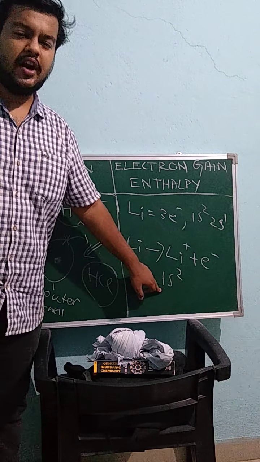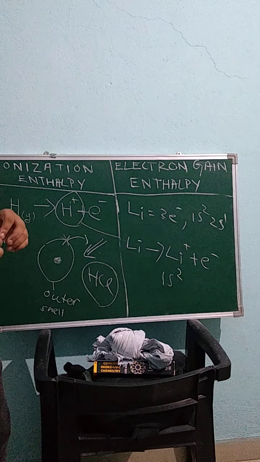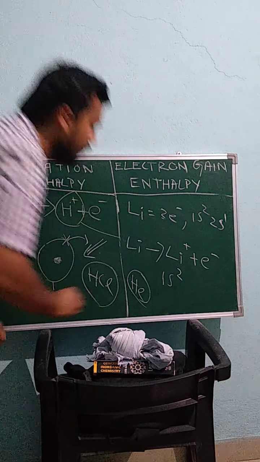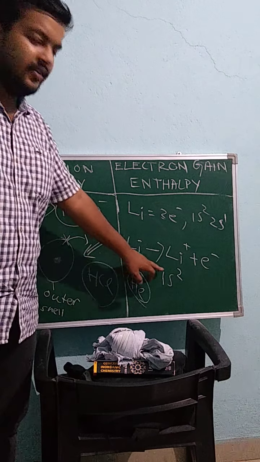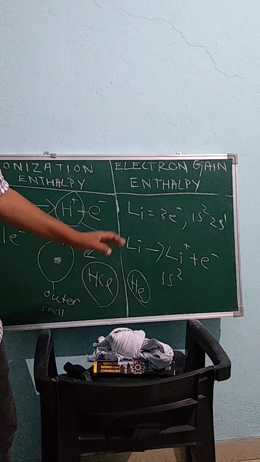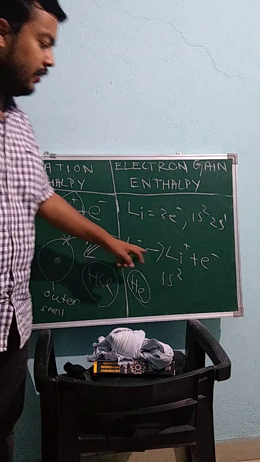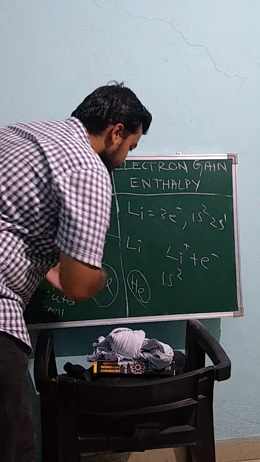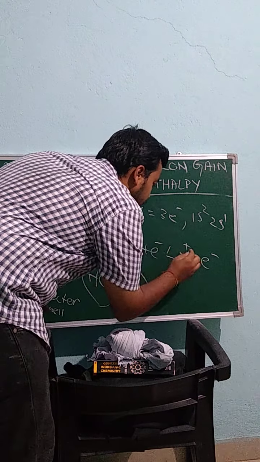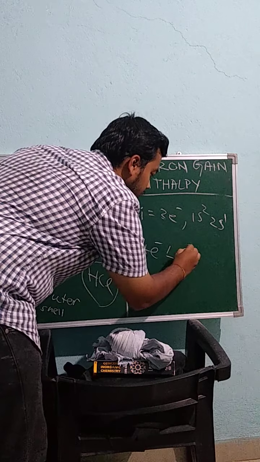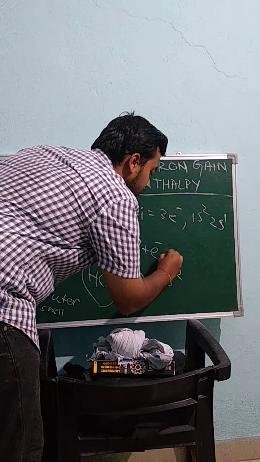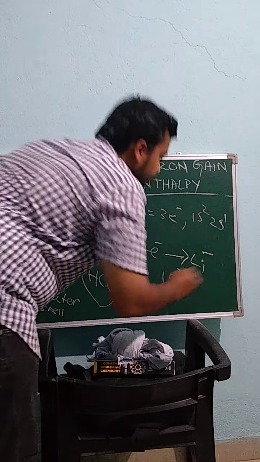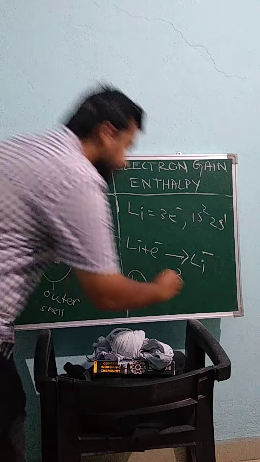Now the 1s2 electronic configuration is similar to that of helium atom, which is a noble gas. So this is a very stable state. So there will be release of energy if we are removing the electron. But if we are giving 1 electron, then it is an